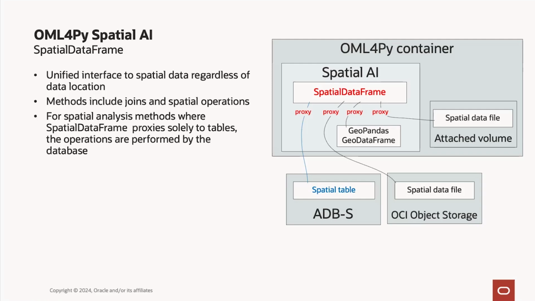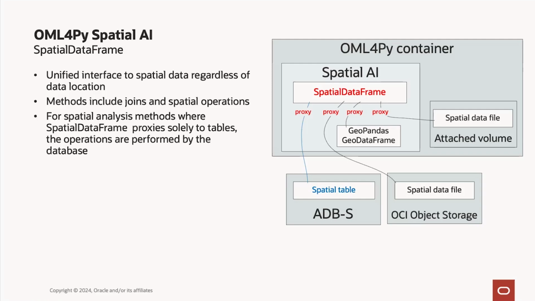It's a proxy to some data somewhere. It can be a proxy to data in ADBS, a spatial table, which is the one on the left. But it can also be a proxy to data in other locations, like, for example, object